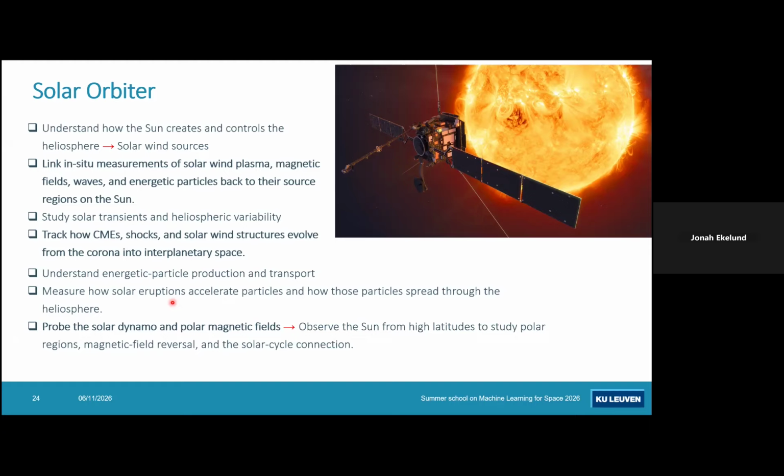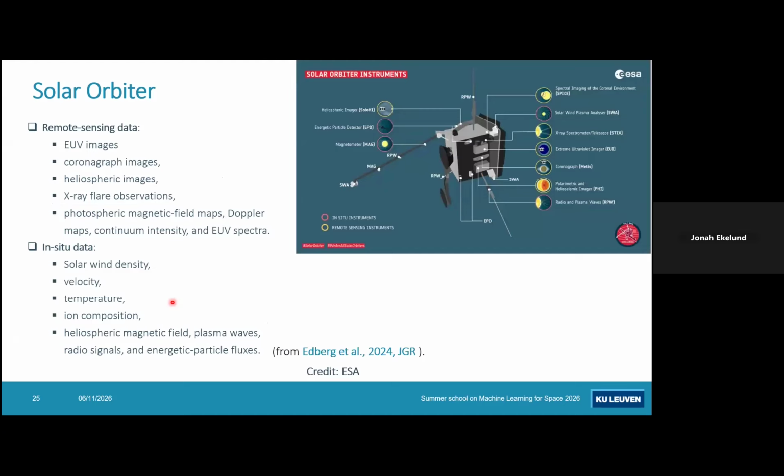It also allows us to trace the CME shocks and solar wind propagation and helps us figure out the connection between that and how it physically, magnetically connects to the planets' magnetospheres, again, if they have one. So it has remote sensing and in situ data